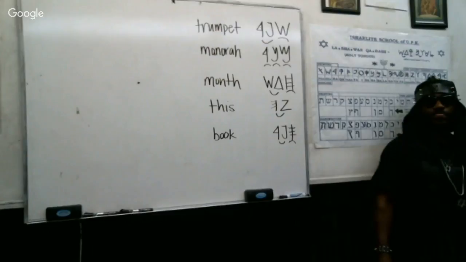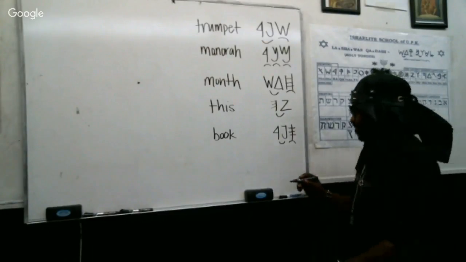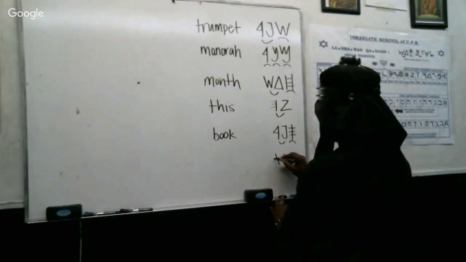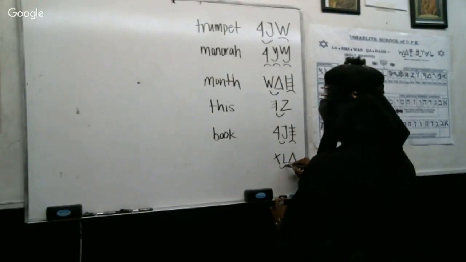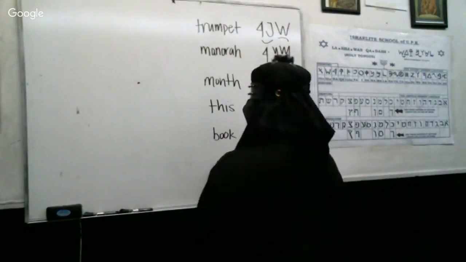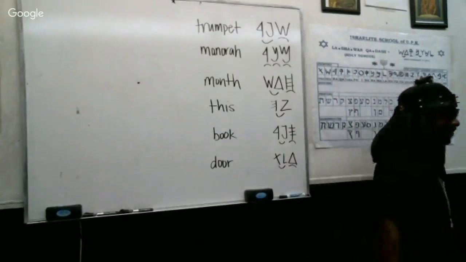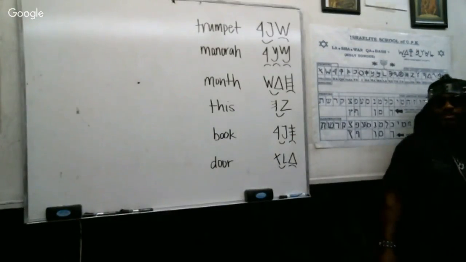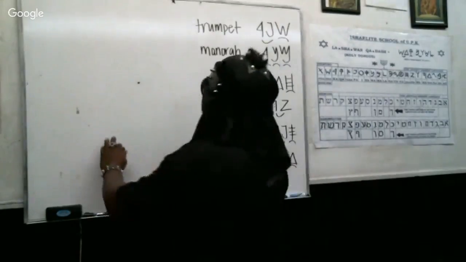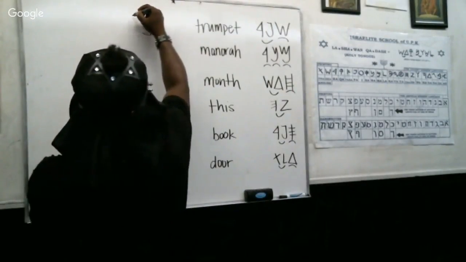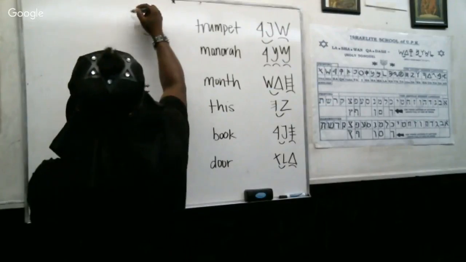All right, we got 1 more minute left. What else can I give you, man? Delaf. I believe I gave this to y'all last week. Door. Delaf means door. You can put up there Magen, meaning shield or protect. It's 905. So Magen means shield or protect.